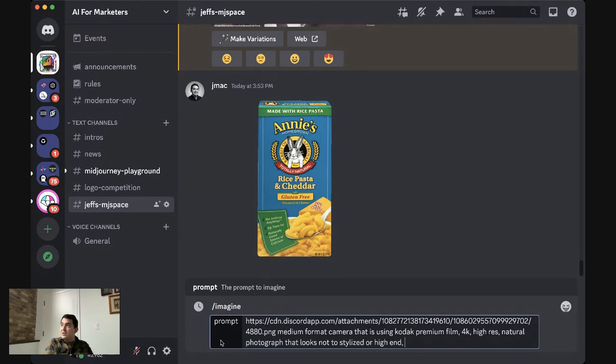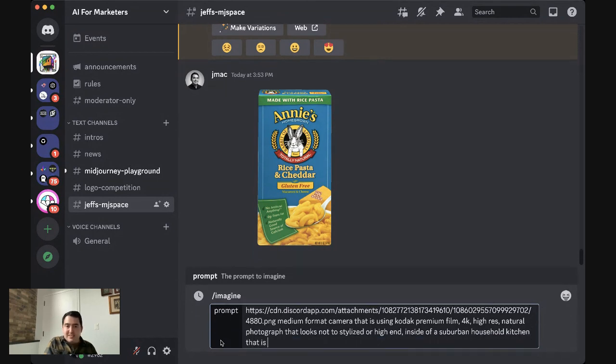Now we've got comms. I have to go look at my own darn acronym: location. So we're inside of a suburban household kitchen that is well designed and features high-end appliances, right?